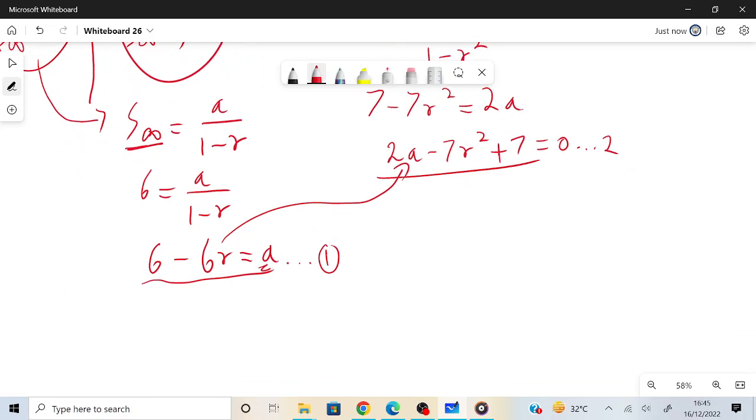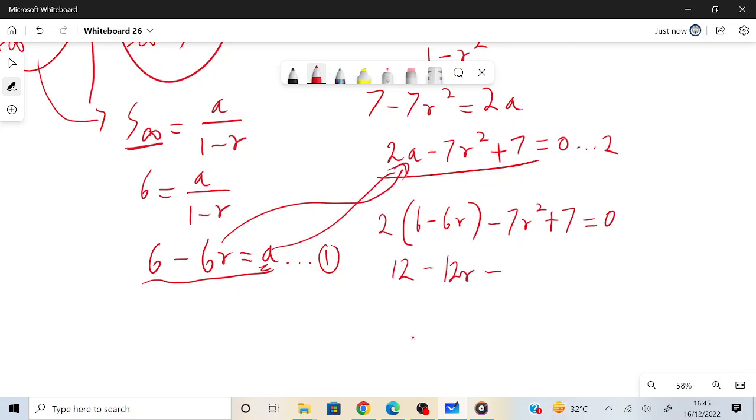So substituting my a over here, I would have 2 into 6 minus 6r, minus 7r squared plus 7 equals 0. 2 into 6 gives me 12. 2 into minus 6r gives me minus 12r, minus 7r squared plus 7 equals 0. Now I can collect my like terms. I would have minus 7r squared minus 12r, and 12 plus 7 would give me